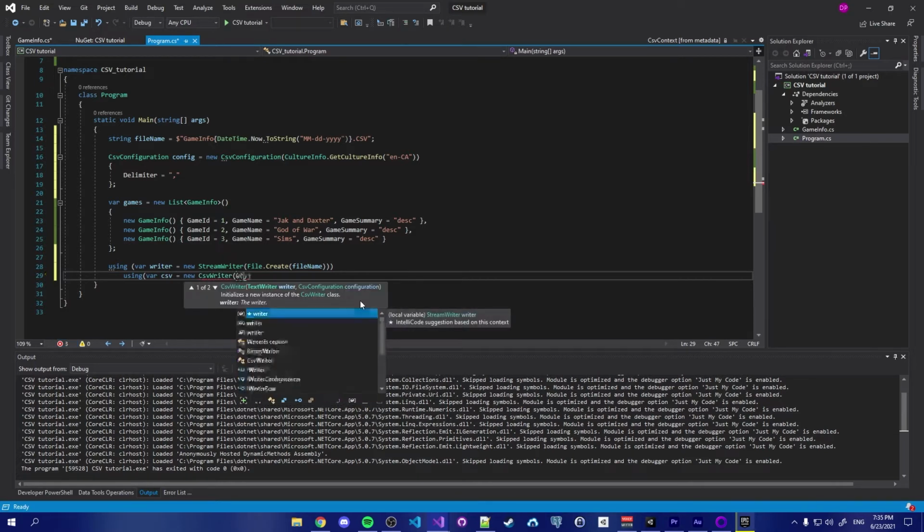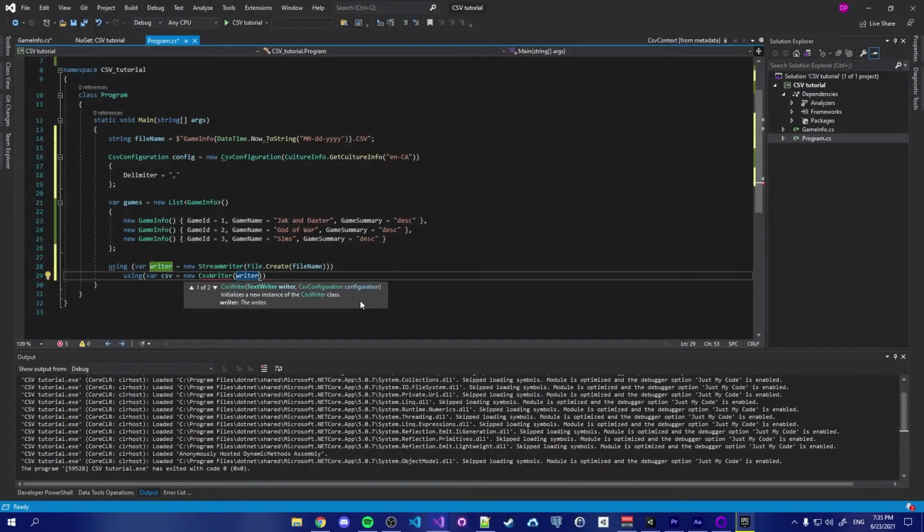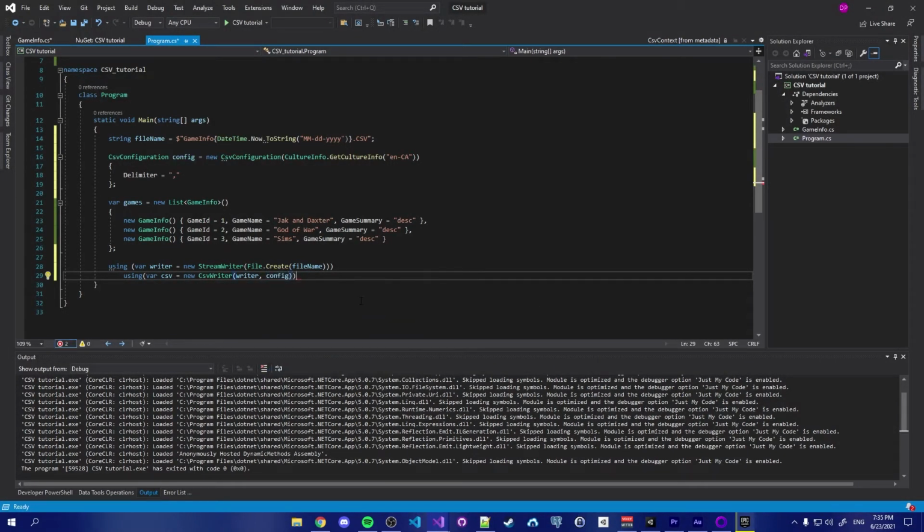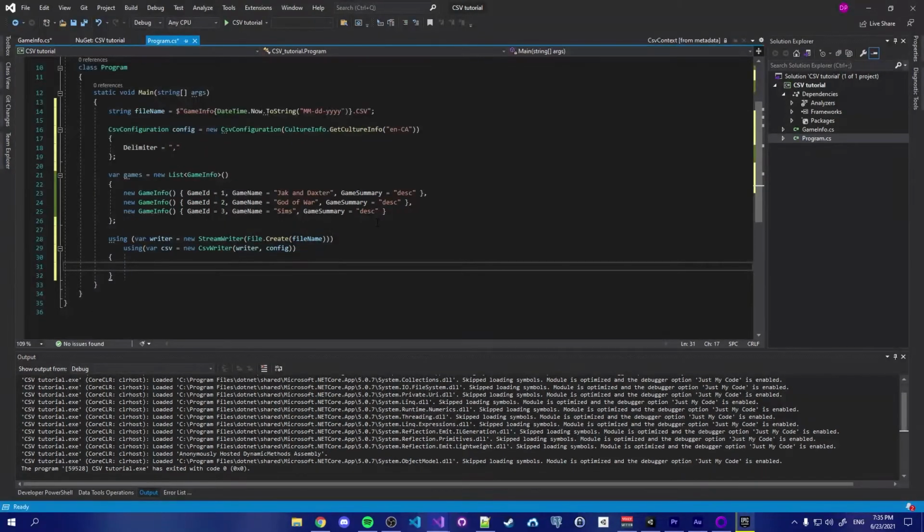And writer, we're going to pass in our stream writer as well as the config that we added above, and that'll control the delimiter and the culture info, so the language the file will be in. And within here, the next thing we're going to do is CSV. This is another thing that's changed within the new version of CSVHelper. We're going to do csv.context, and then a dot